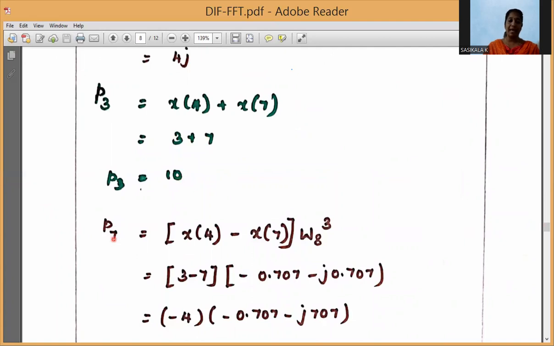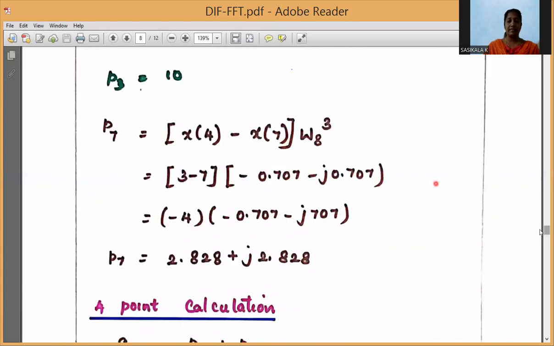P7 is equal to the same input, x of 3 and x of 7, but here this plus is replaced by minus. So x of 3 minus x of 7 into W8 power 3. So x of 3's value is 3, x of 7's value is 7. So 3 minus 7 into the twiddle factor W8 power 3, whose value is minus 0.707 minus j 0.707. So 3 minus 7 is minus 4 into minus of 0.707 minus j 0.707. So minus into minus plus, 4 into 0.707 becomes